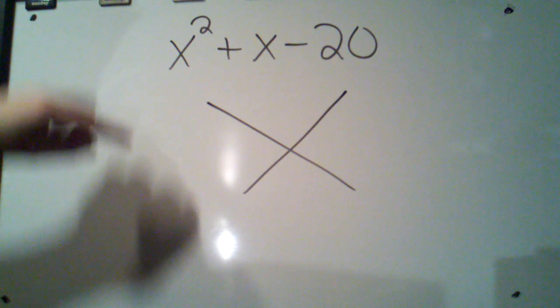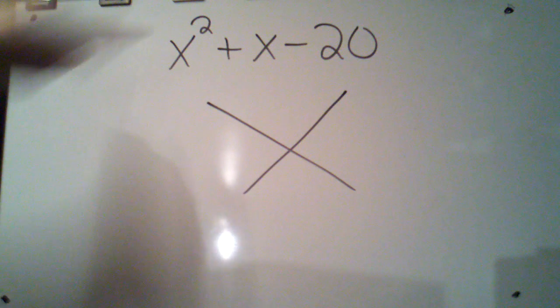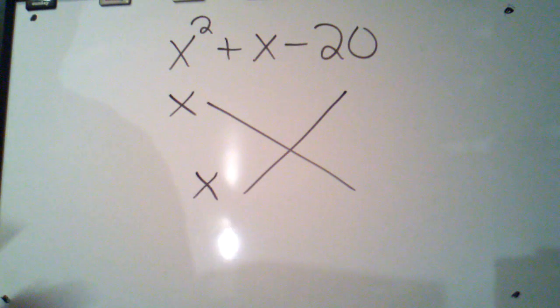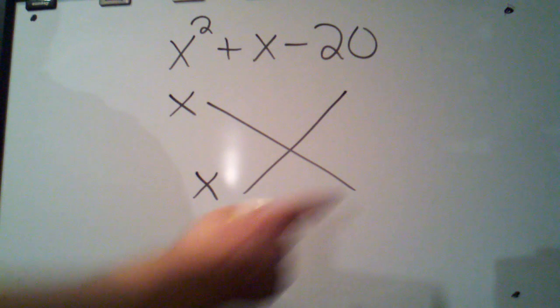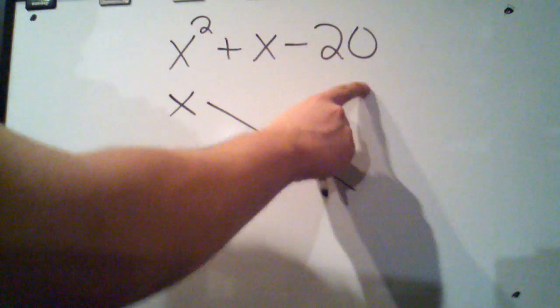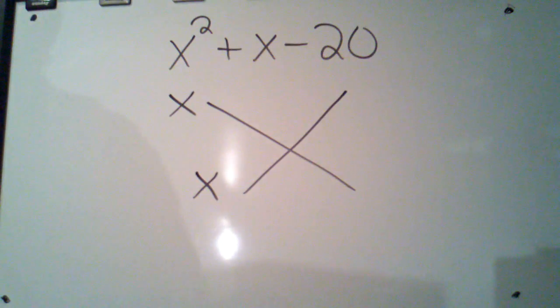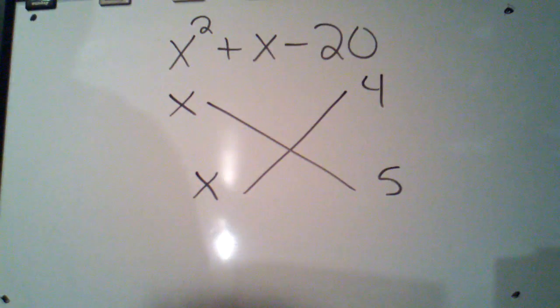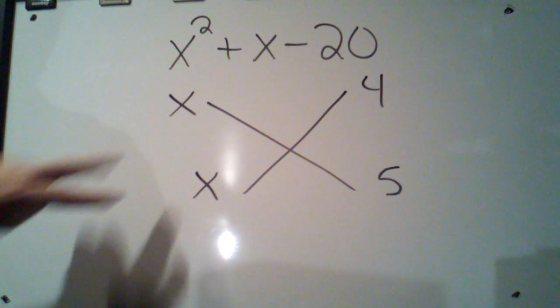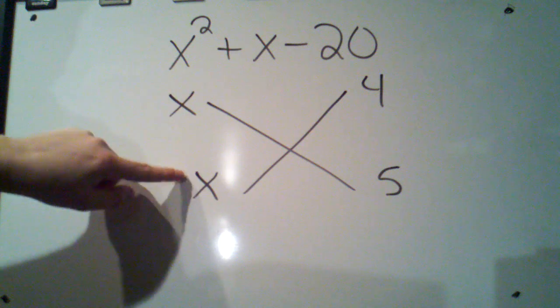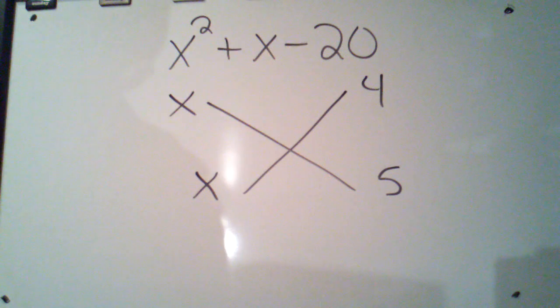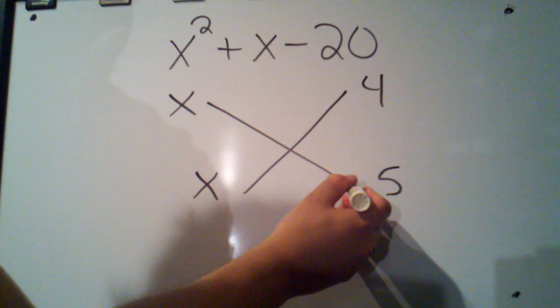Here and here, I want to find two things that multiply to get me to an x squared, two terms. In this case, x times x multiplies together to get me to an x squared. At this end of my crisscross, I want to find two numbers that multiply to get me to a 20. 4 and 5. Once I found two terms, x times x, to get me to my x squared, and over here, 4 times 5 to get me to my 20, I then want to draw myself a couple little arrows